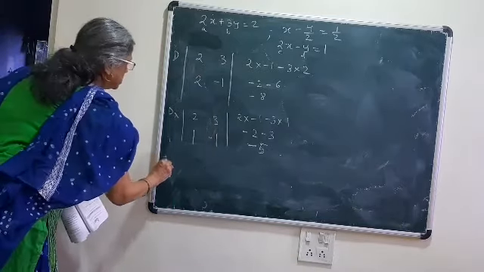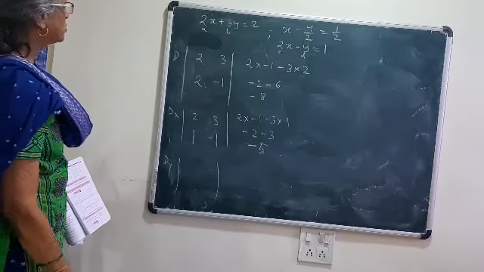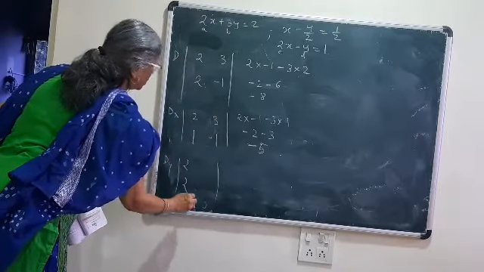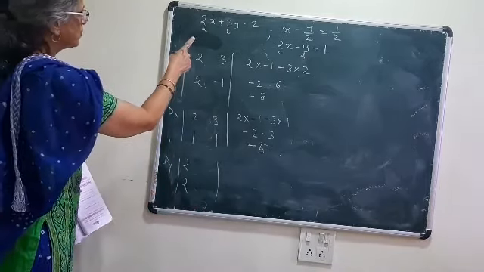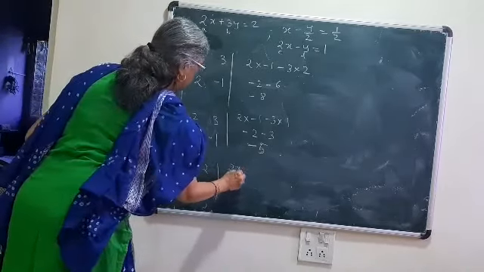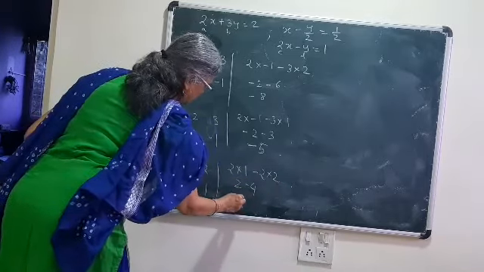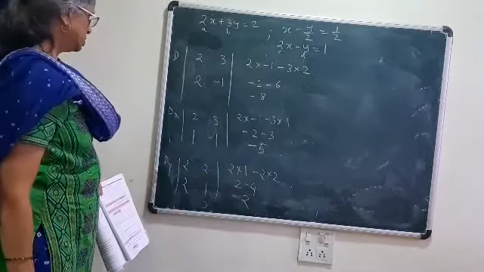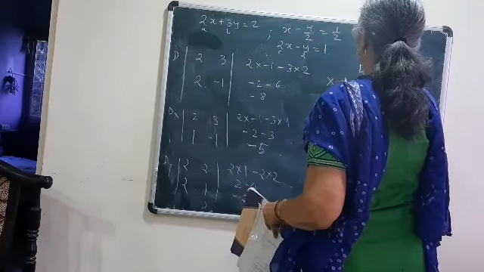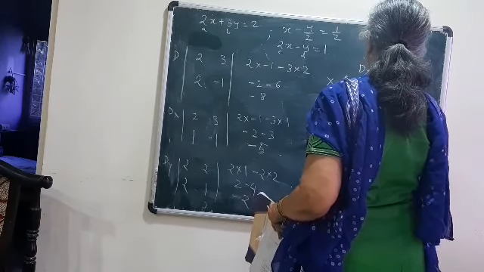And the third, that is dy, you are getting. What we are going to write for dy first? Coefficient of x first, that is 2 and 2. And the constant terms afterwards, 2 and 1. So 2 into 1 minus 2 into 2. So 2 minus 4, that will give you minus 2. So x will be dx upon d. So that will give you minus 5 upon minus 8. Answer will be 5 by 8.